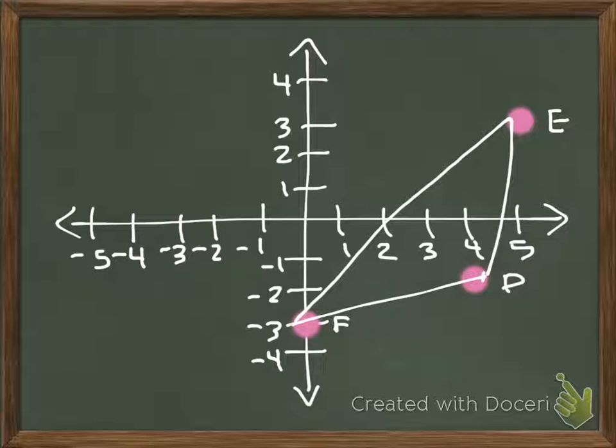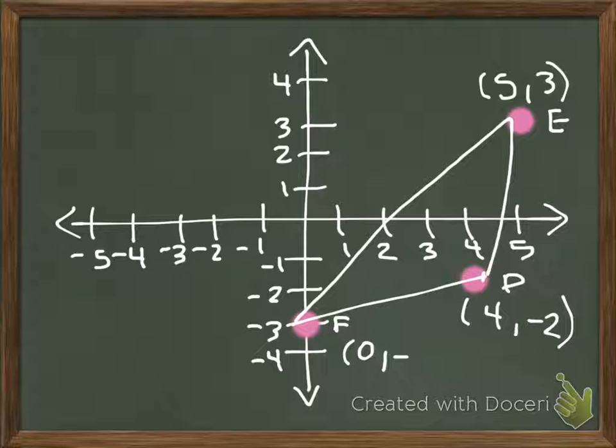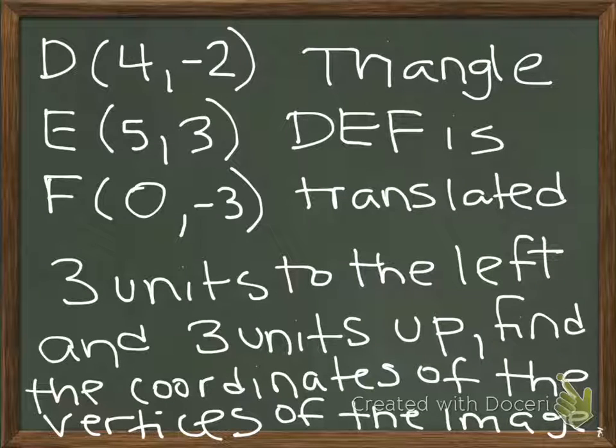Here we have a graph of a triangle, and the points we have here are 5, 3, 4, negative 2, and 0, negative 3. I also have them listed here. And it says triangle DEF is translated 3 units to the left and 3 units up. What are the coordinates of the vertices of the image? So image means the new triangle. So if we're going 3 units to the left and 3 units up, we're going to think about